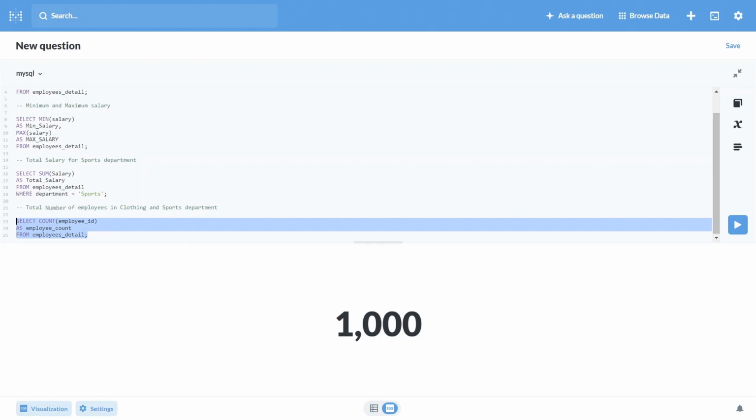Here we are using the count function and the column employee ID, but we are not done yet. According to the latter part of the question, we need to find the total number of employees who work for department clothing and sports. Here we need to filter based on a condition. Hence, we will use the where clause. To account for this, the query will be